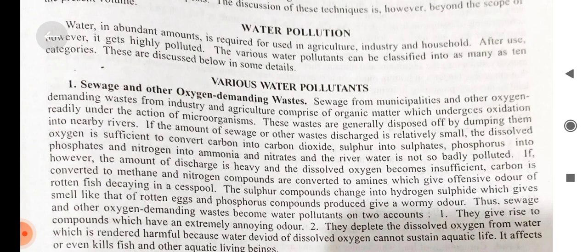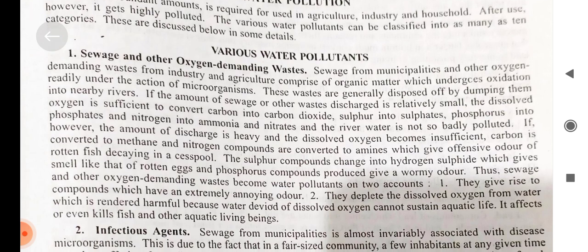Sewage from municipalities and other oxygen demanding wastes from industry and agriculture comprise organic matter which undergoes oxidation readily under the action of microorganisms. These wastes are generally disposed of by dumping them into nearby rivers. If the amount of sewage or other wastes discharged is relatively small, the dissolved oxygen is sufficient to convert carbon into carbon dioxide, sulfur into sulfates, phosphorus into phosphates, and nitrogen into ammonia and nitrates, and the river water is